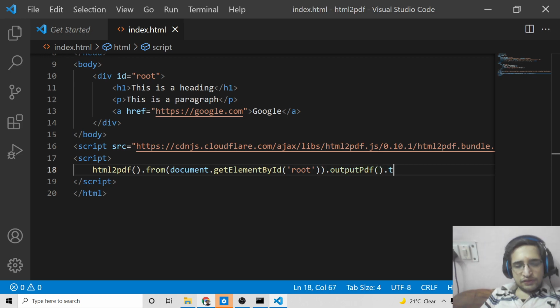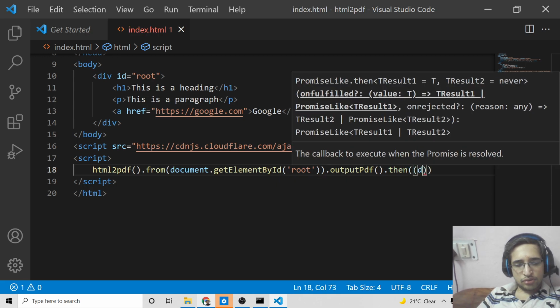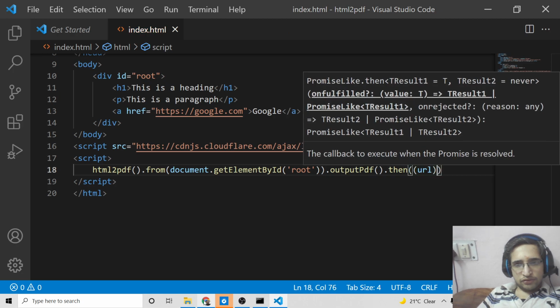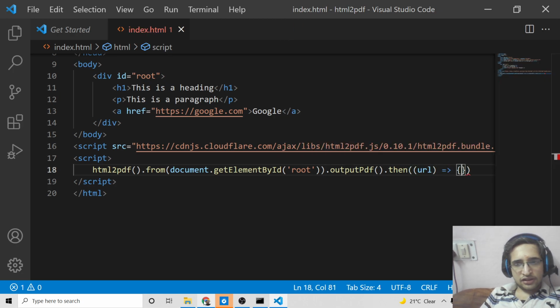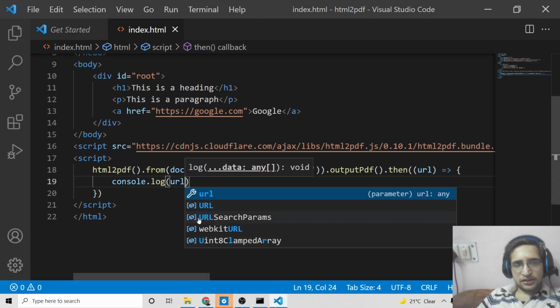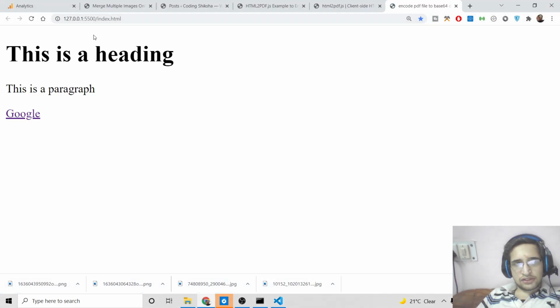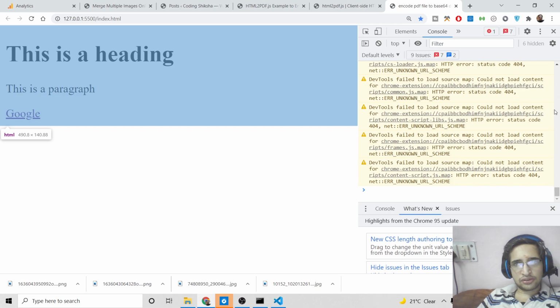After that, we will use then here for the promise. That's it. This will return the URL for us, so we can simply print the URL in the console. We can say console log URL. That's it. Now we can run the application, open with live server. What you will see, this is the heading here. Simply if I inspect element and go to console,